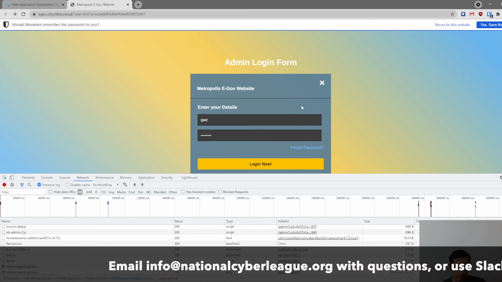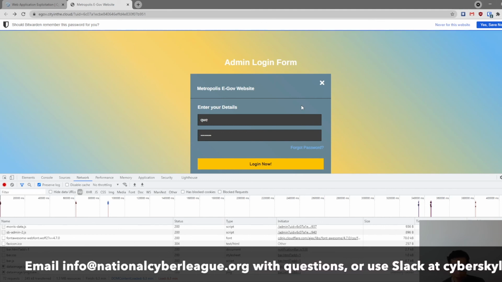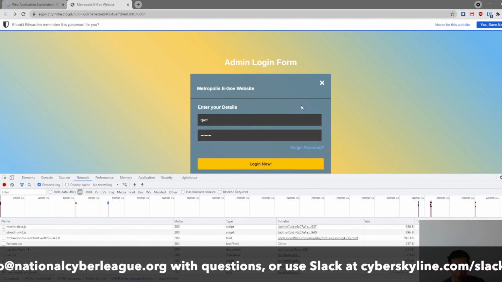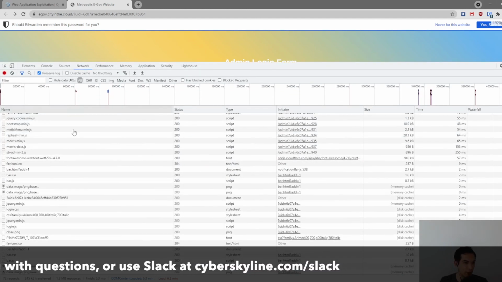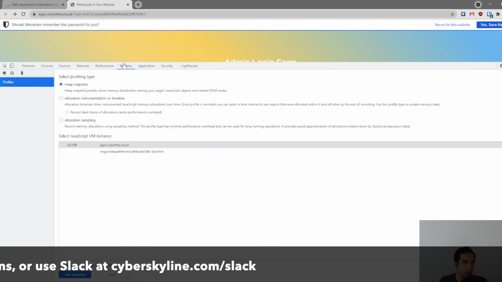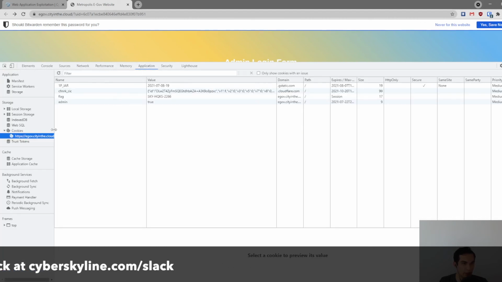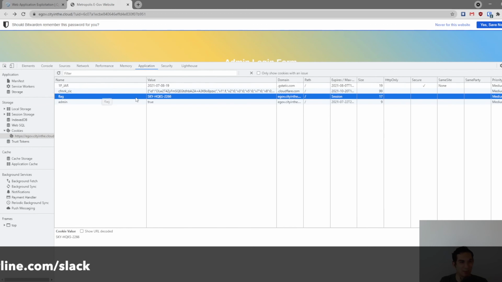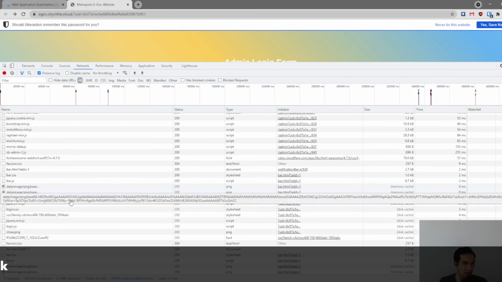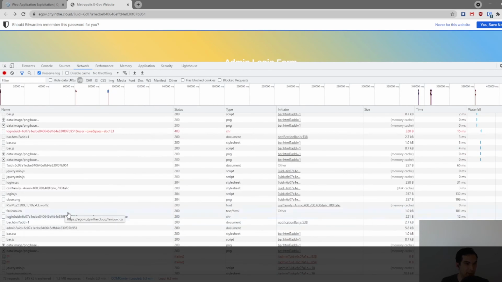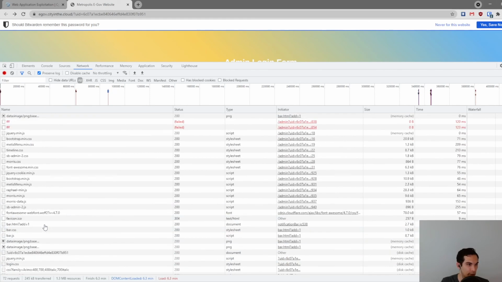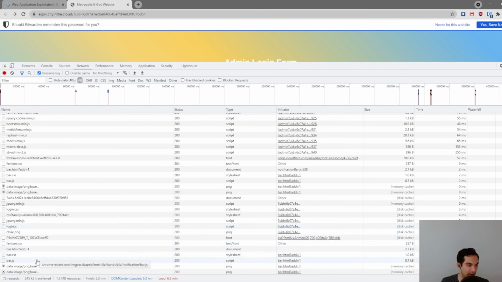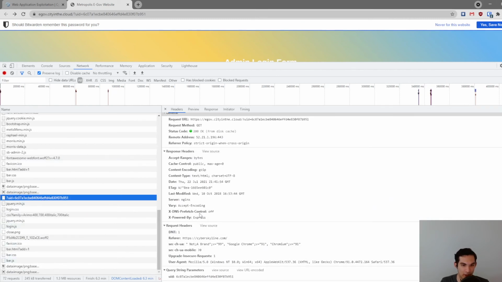Someone asked as well, did the flag show up in the application cookie? I thought I saw it before you entered the admin page. That's entirely possible. Let's actually take a quick look here. If we look at our application, yes, there it is. It's right there, flag, and it's stored as a cookie, which means that if we specifically look at the request that was made,